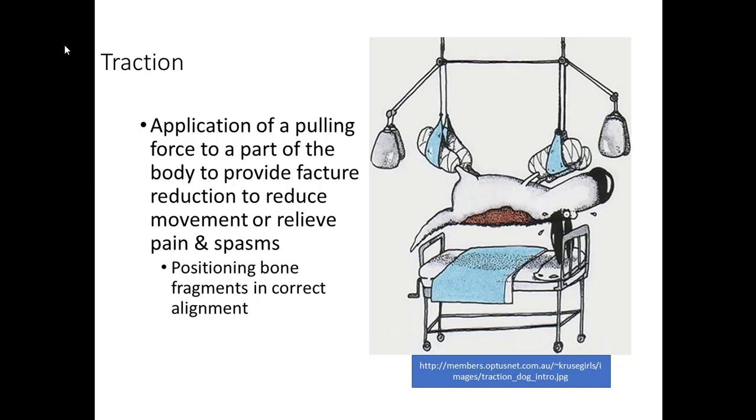So how do we do traction? We have a person in bed and they are as straight as possible, as straight as can be. It may be a little uncomfortable getting into the position, but believe me, they will thank you for it later. So we stand at the edge of the bed and look up at them and make sure that they are straight aligned from their toes to their head. We want them in a straight line.